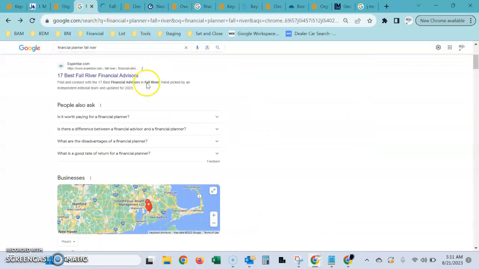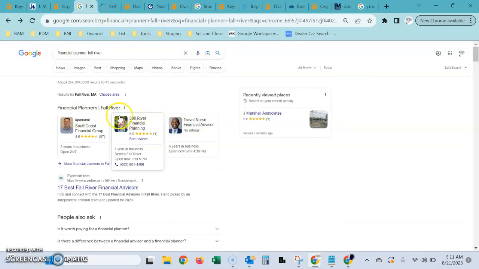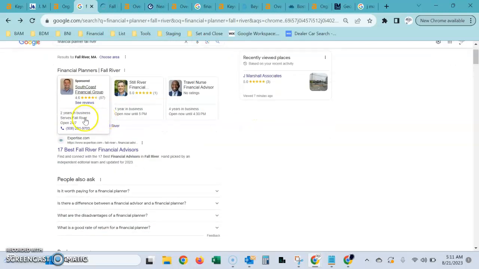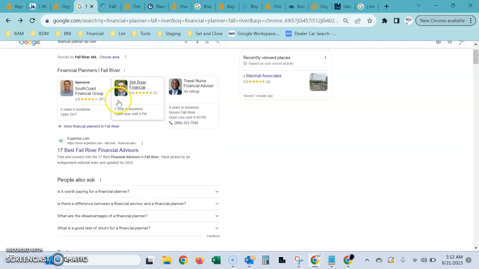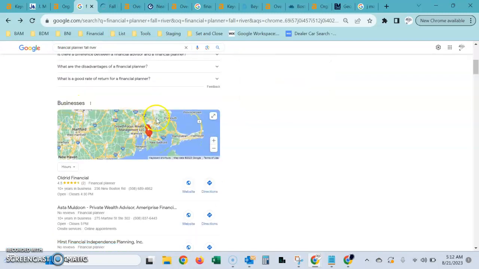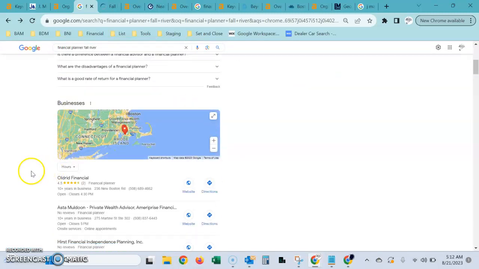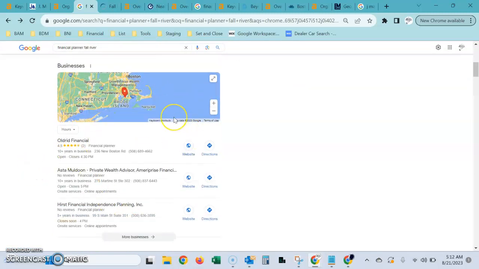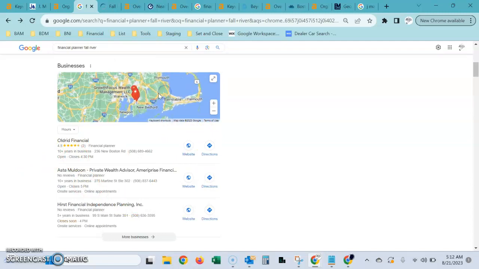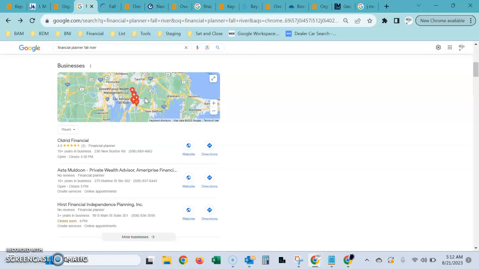So how this is going to work in a search. Obviously, the first thing that always comes up is paid advertising. This is pay-per-click. It can get kind of expensive because regardless of whether somebody clicks it on purpose or by accident, or one of your competitors is doing it on purpose, you're getting charged for that. So what we always try to look for is the best bang for your buck. Right here in the map section, this is based on your Google business profile. It has nothing to do with your website. It is mildly geographically based, so depending on where I'm searching from and where your business is located determines the radius here.